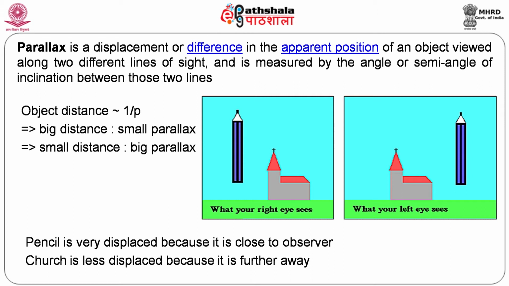The closer the object, the greater the parallax. The farther the object, the less the parallax, and the quality will be more, and I will be in a position to look at the object as a single object. Because the pencil is very close to the eye, it appears to be displaced very far off, whereas this building or an object beyond that is farther away, and it appears to be closer together.